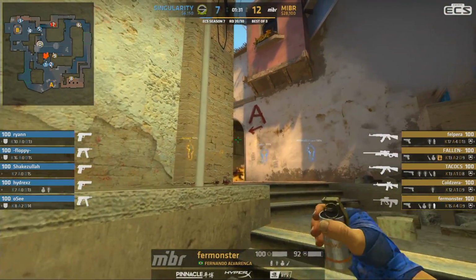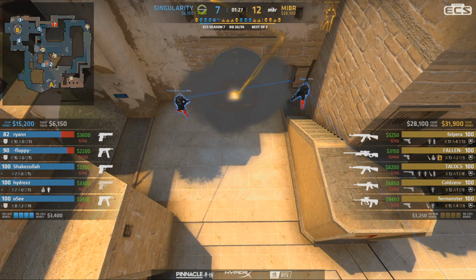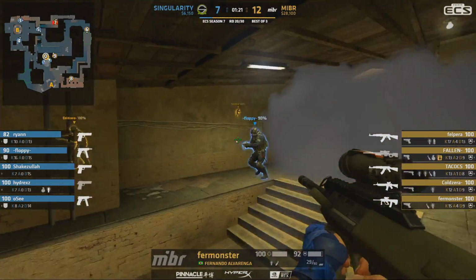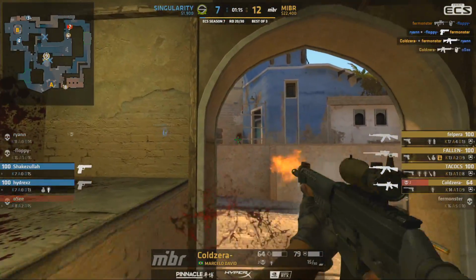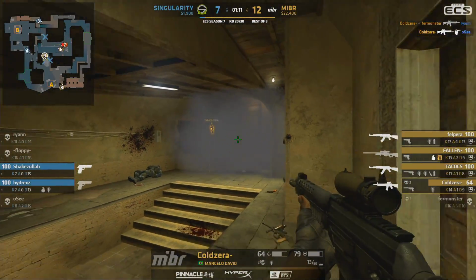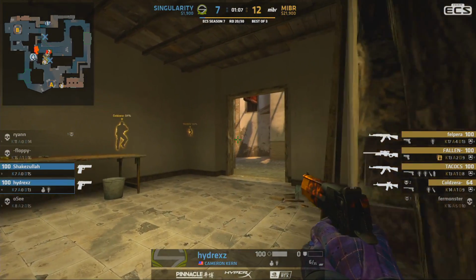Either way, Singularity back on the pistols. They've had success with pistols. That's how you smoke the connector. Yeah, that's not a bad one. It's a pretty easy one as well. And so almost has the second one to be finished off by coldzera, and not really all that much to be done here for Singularity at this point. Not too much to save either, so